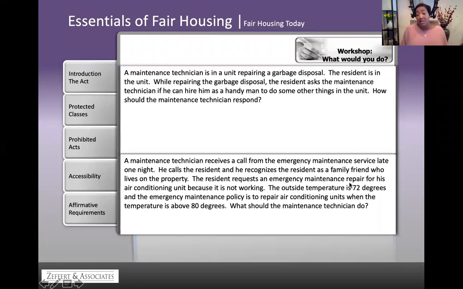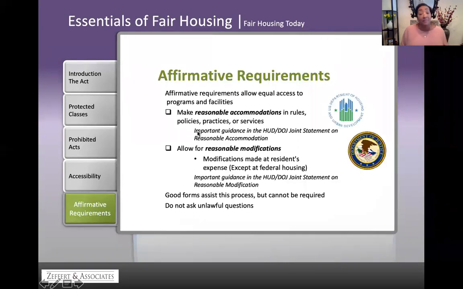So the maintenance technician's responsibility is to tell that particular resident to put in a work order. Again, whatever your procedure is that you have outlined as a management procedure. Are work orders accepted by way of the resident portal, calling the front office, or stopping by and placing a work order? Whatever your procedure is, it must be adhered to and followed. You must be consistent. Remember that the word consistent is relevant and pertinent to compliance. Being consistent equals compliance, understanding the rules and regulations of the Fair Housing Act.